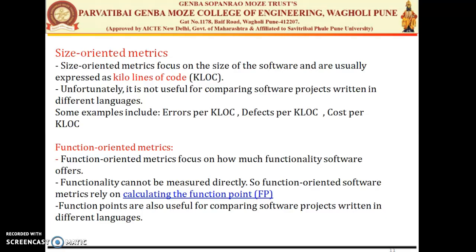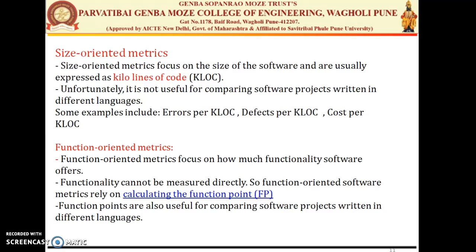Okay, we have some points under that which are not actually necessary because they are not given in your book. Still we can go through them. We can also have errors per FP and defects per FP, which are two matrices defining errors per function point and defects per function point.